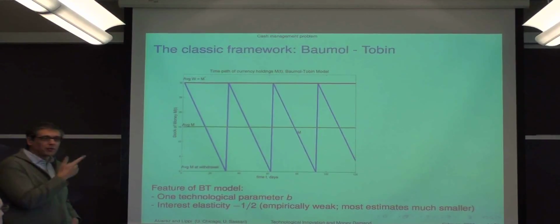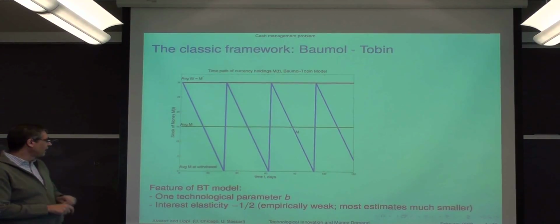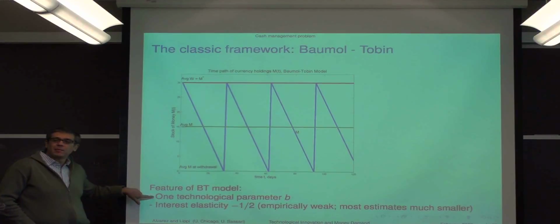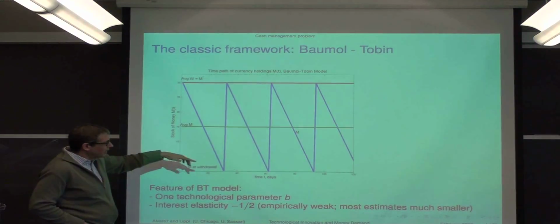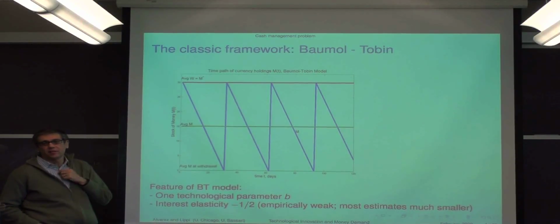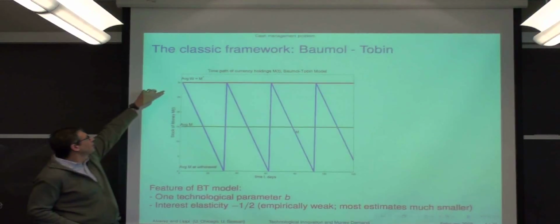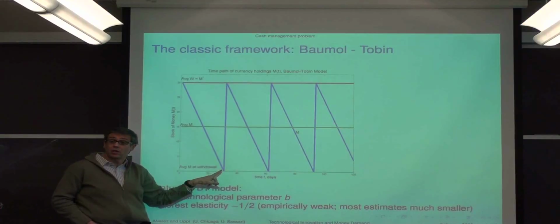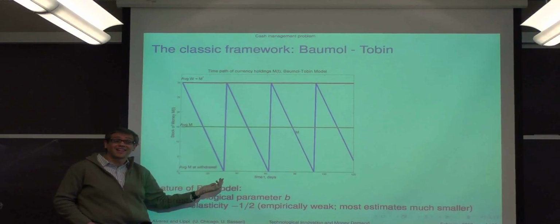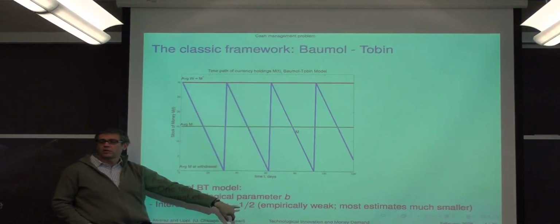So what do I want to point out from this theory? Several things. First, the Baumol-Tobin model has only one parameter, the cost of withdrawing, and it has two elasticities, both equal to 1/2. The elasticity of the average amount of money, and even though it's not looked at often because it's not in data sets, the number of withdrawals also has elasticity 1/2 with respect to both the opportunity cost and the